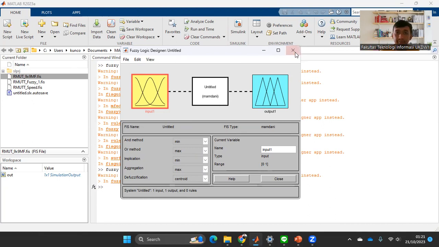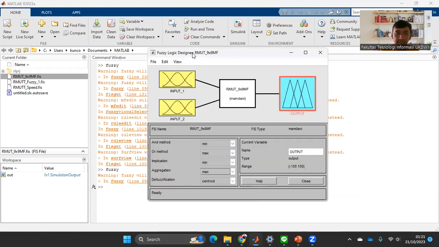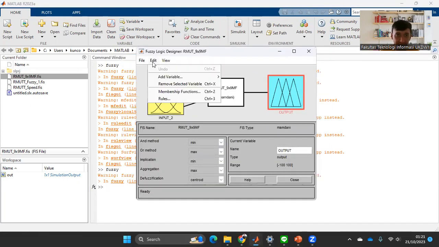For the example, I already created one like this. You can add variables for the input and for the output if we want to add more.